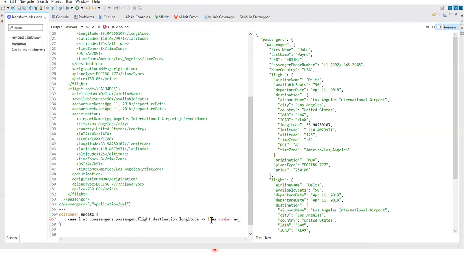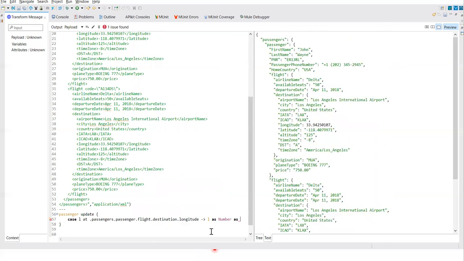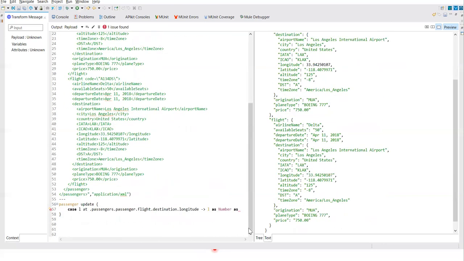You can see that the formatting is applied on this. If you want to see the changes on all of them, you can use star and passenger.